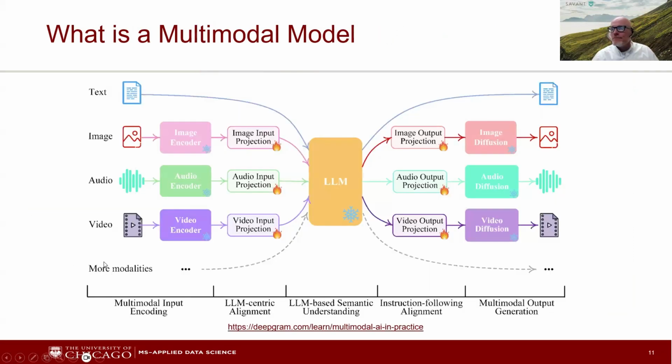So let's look at it a little bit. What is a multimodal model? We've got a multimodal input encoding, whether we're doing text, image, audio, video. We just saw many of those forms. We saw audio, we saw images, and we saw text understanding and text conversion just in that one Astra video, right? And there's others too. And it has a decoder or an encoder. It puts it into the LLM. And then we talk about semantic data, semantic understanding, and then we have the output, and multimodal models also have the ability to output in multi-modes. So, well, we'll talk more about that here in a second.